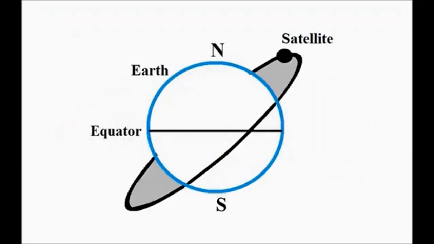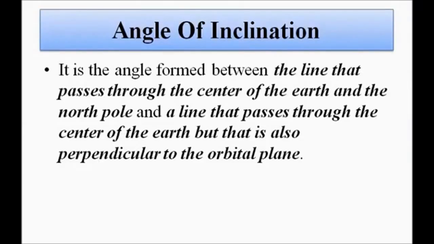Now the direction of the satellite can either be in the same direction as the Earth's rotation, which is called posigrade, or in the opposite direction, called retrograde. Now, the angle of inclination. So there are two ways of defining the angle of inclination. The first way